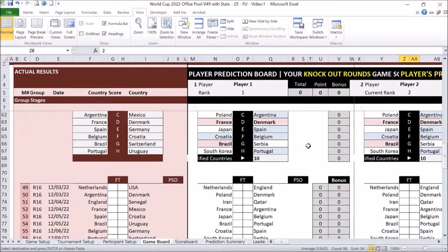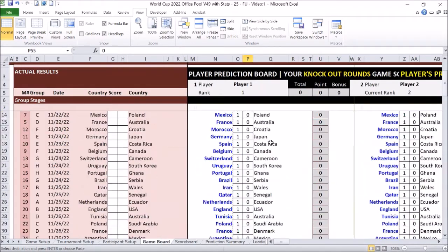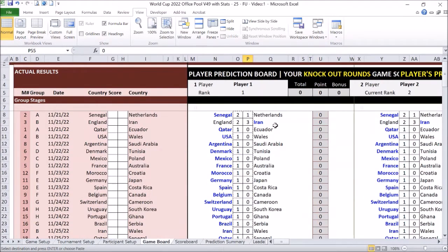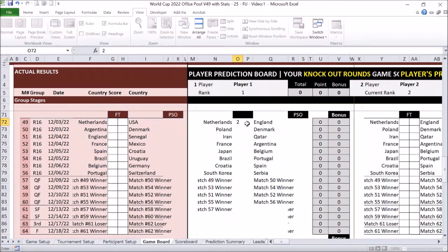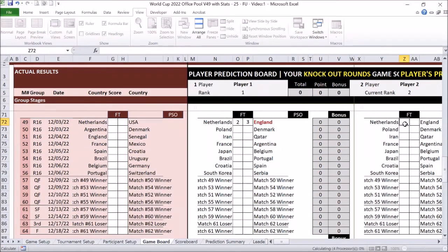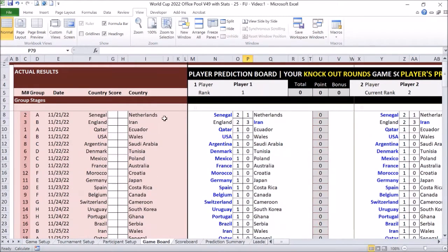You can do again the prediction for the knockout round here. Okay, after that, you can go to typing the actual result here.